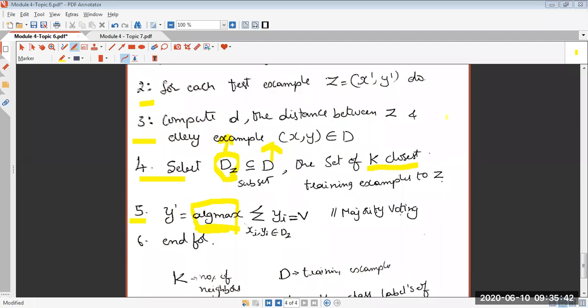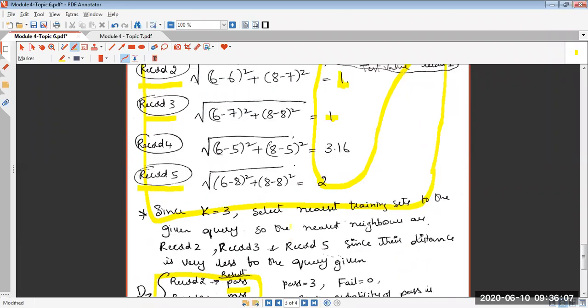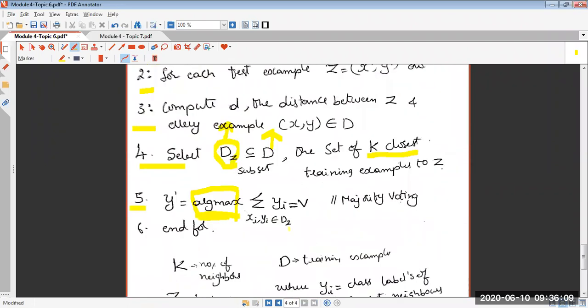So I was discussing step 5. We understood step 5 is a step which will select a class based on the maximum voting mechanism that I previously discussed. So this was your k nearest neighbor algorithm, which is working based on the majority voting mechanism. So hope things are clear. Please practice all this stuff.